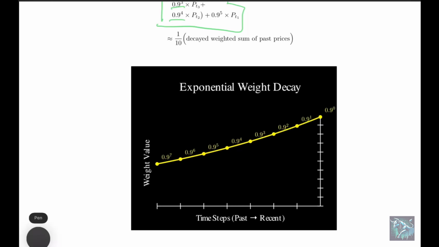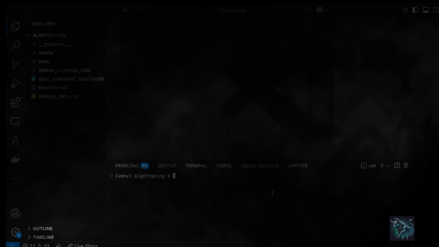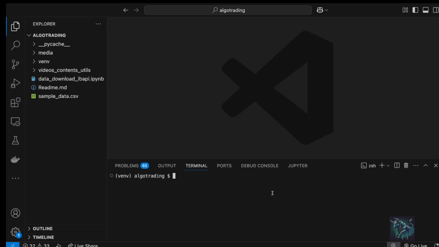The visualization here illustrates how EMA assigns exponentially decreasing weights to the past prices. After approximately 14 periods, the weight becomes negligible, making the EMA effectively dependent on the most recent 14 prices, but in a smoother manner. Now that we understand how SMA and EMA are calculated, it's time to bring them to life by coding them